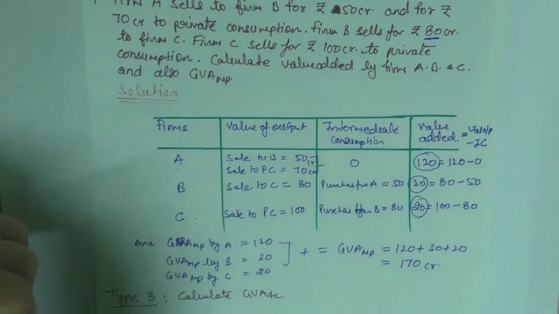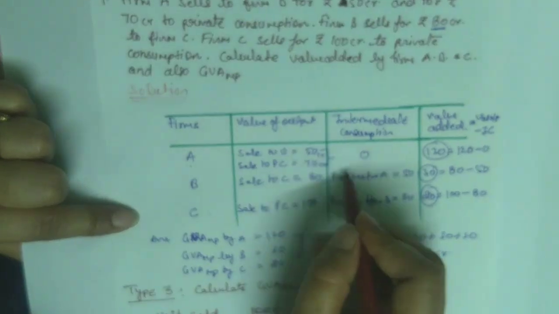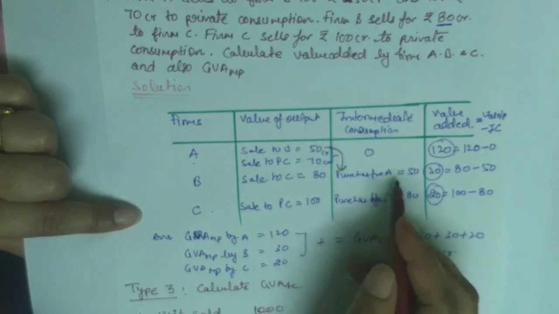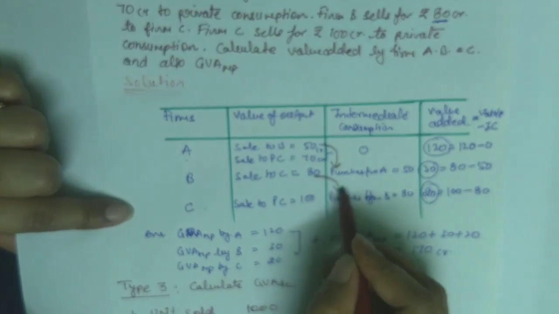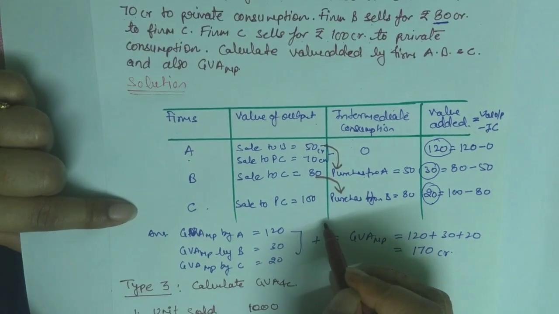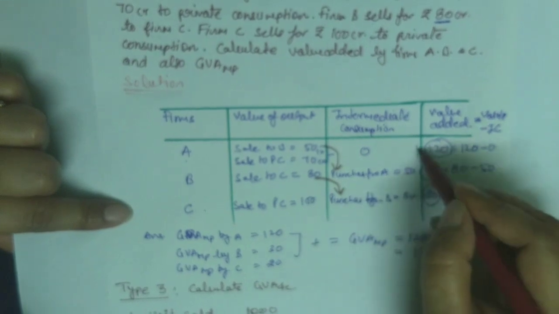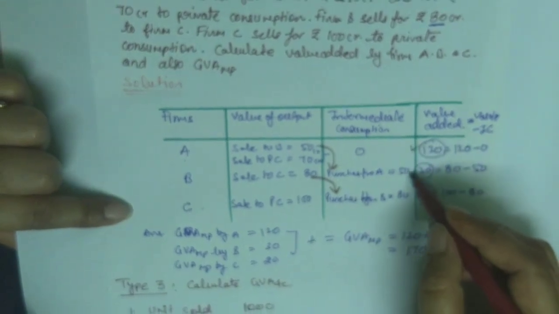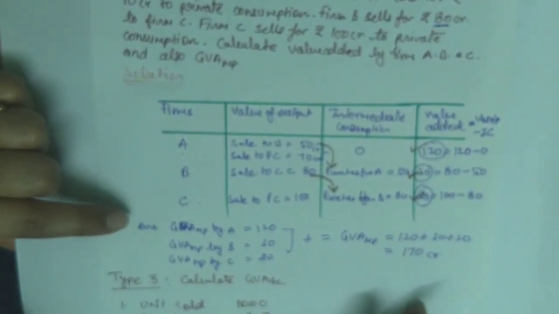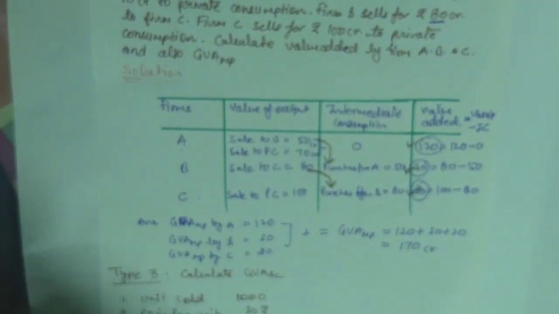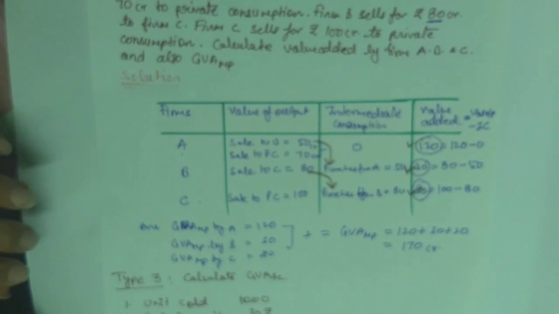So in this way we can understand how firm A sales become firm B intermediate cost. You can write it like firm A sales become B purchase of intermediate cost for firm B, and firm B sales become intermediate cost for firm C, and through this we have got our value added for firm A, value added for firm B, and value added for firm C. So you should write down this question properly and then understand.